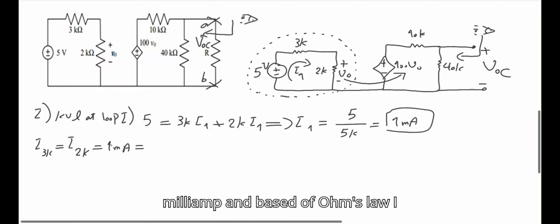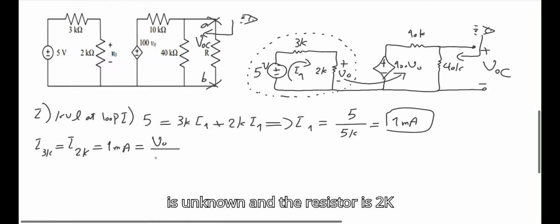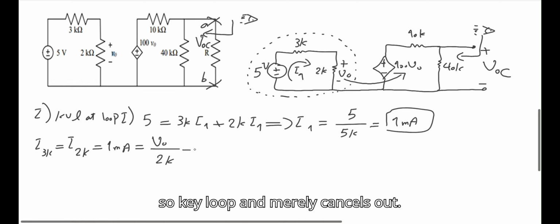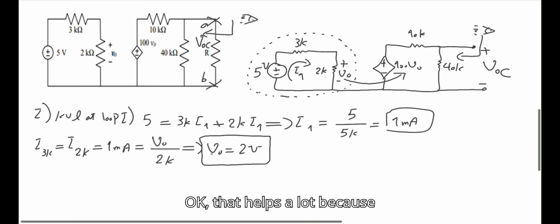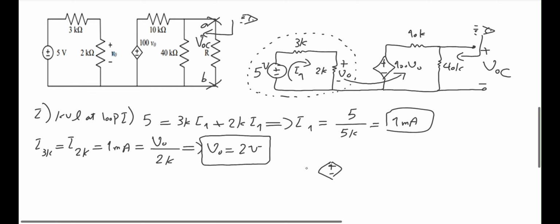And based on Ohm's law, I know current is voltage divided by resistor. So the voltage is VO, which is unknown, and the resistor is 2k. So kilo and milli cancel, and VO becomes 2 volts. Okay, that helps a lot, because now I know that this dependent source at the right is 100 times VO, which is 200 volts. So I've got 200 volts here,